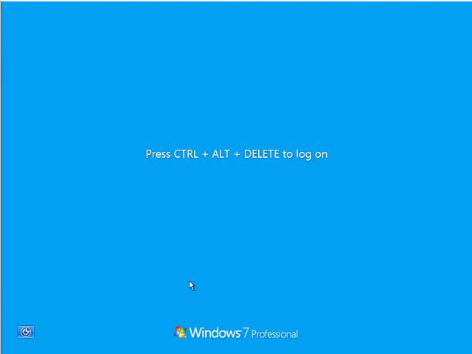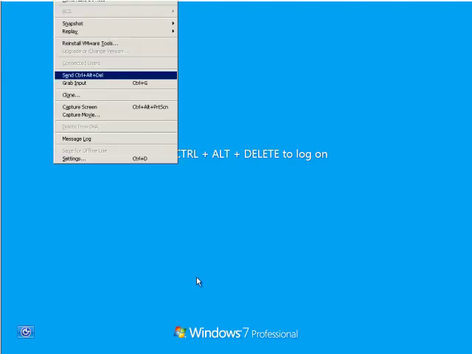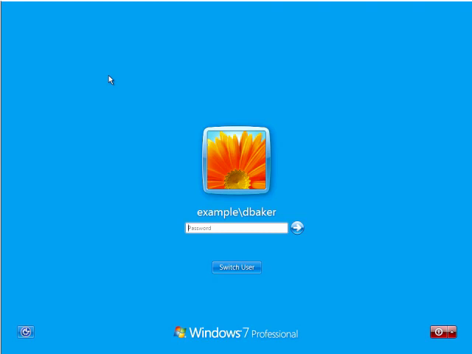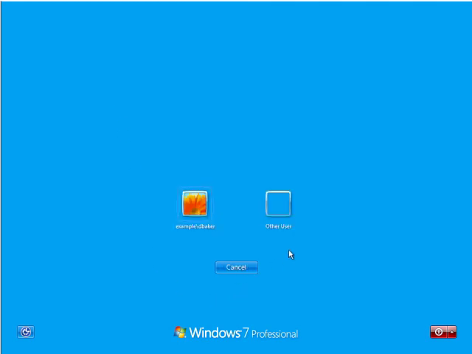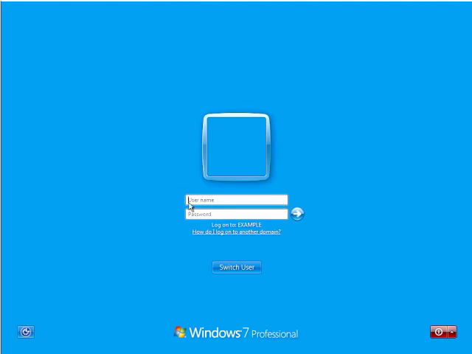Now I want to switch back over to the Enterprise Vault server. Well, actually, before I do that, I'm going to go ahead and log in as D. Palmer and see what D. Palmer has available before I change the settings for D. Palmer. So I'll go ahead and select the Control-Alt-Delete. Then I want to switch the user, go to an other user, type in D. Palmer's login, for example, /D. Palmer, type in D. Palmer's password, go ahead and click my login button,